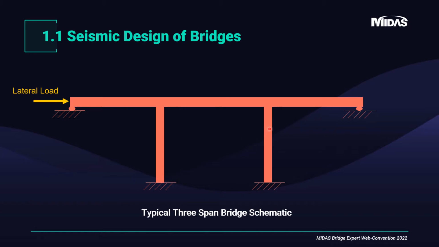So let's talk about the general seismic design philosophy of bridges. In buildings, we follow the concept of strong column, weak beam, but in bridges it's the reverse, where we want to have ductility built into the columns while the superstructure remains elastic. So we allow the plastic hinges to form in the columns, allowing for localized inelastic rotations. These hinges act as energy damping zones,